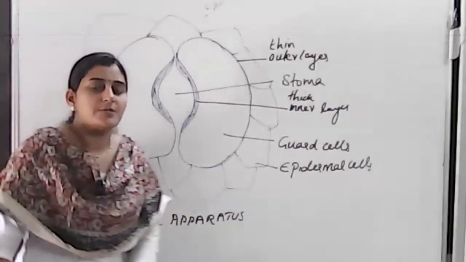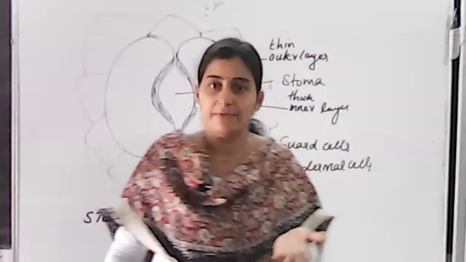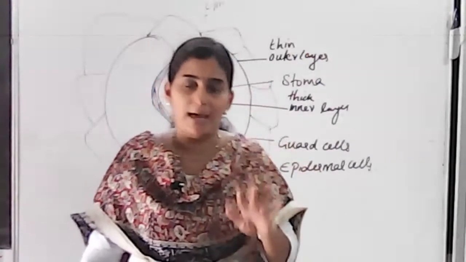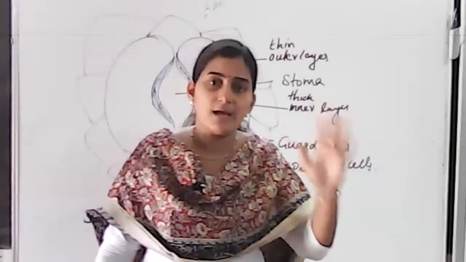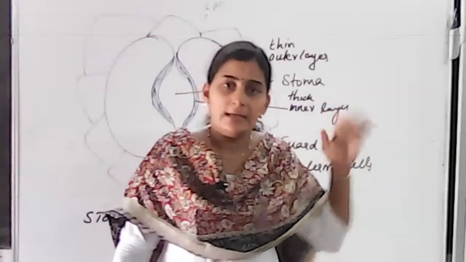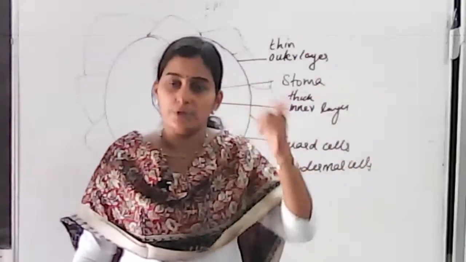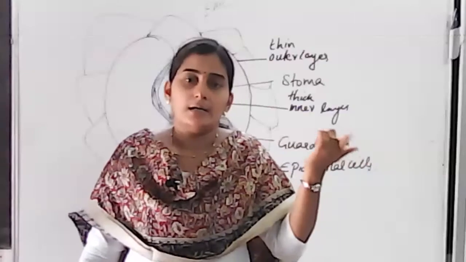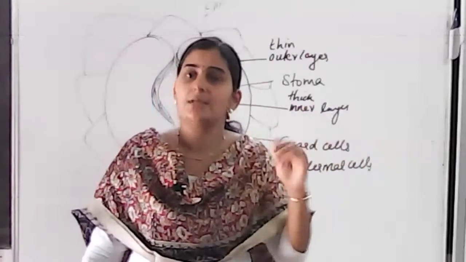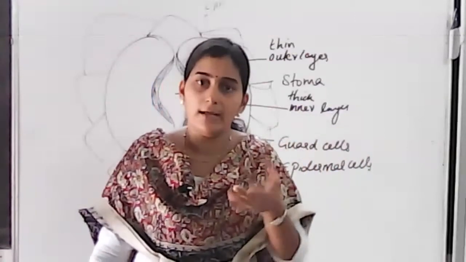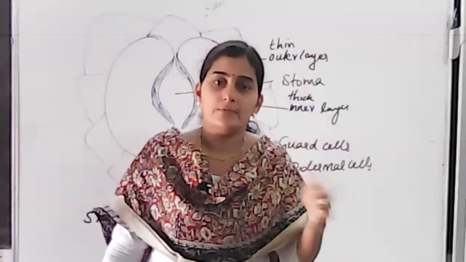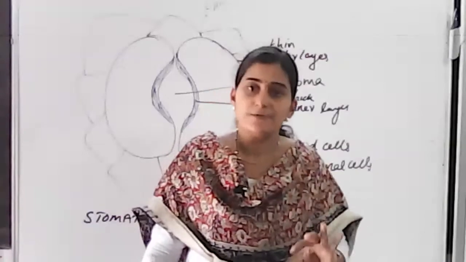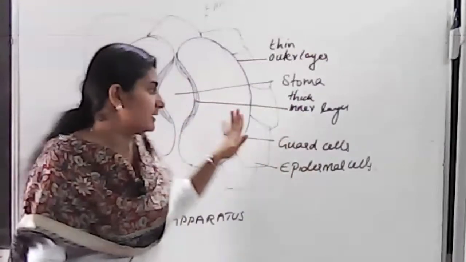So you know that transpiration is a process by which excess water is given out. If water is more for a plant, the water which is carried through roots will be carried towards the xylem, and from xylem it reaches the leaf. And in the leaf, as we studied now, through the spongy mesophyll cell it reaches the intercellular space. Initially it is in film form only. Later this water will be used for photosynthesis. Then again it will be converted to vapor form, and in that vapor form it enters the substomatal space, and after that it enters the stomata.